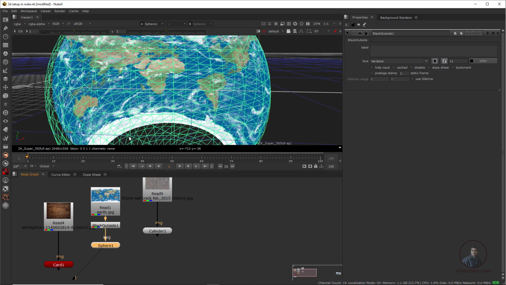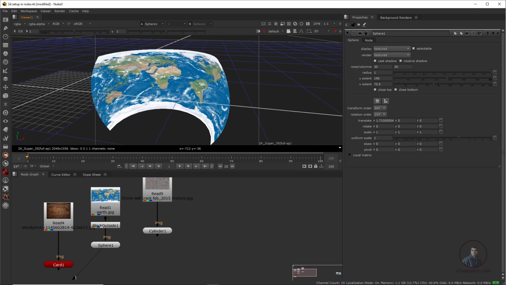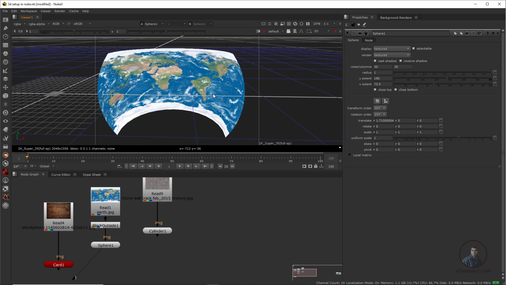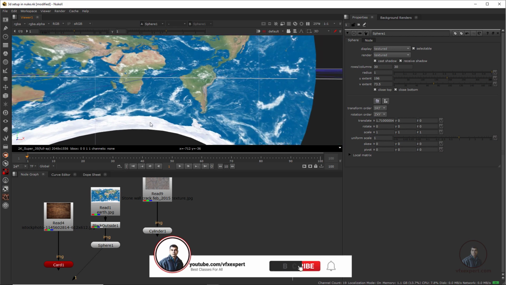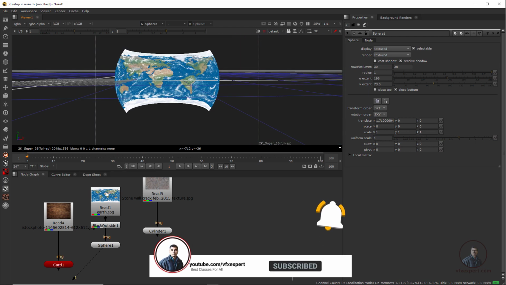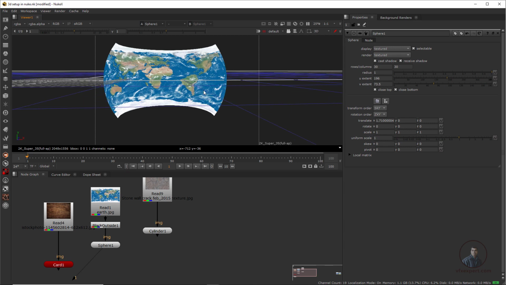Then again double click on this sphere. Then with the help of this u and v extend, you can create this just like an environment here. So suppose if you are doing matte painting or sky replacement, this thing is very useful for creating our sky or environment here. So you can see here. So this is the main parameter inside this sphere, which is about this u and v extend. And remember this one. Before this 3D sphere or after this image, we have to use this black outside node here, then only this will display like this.